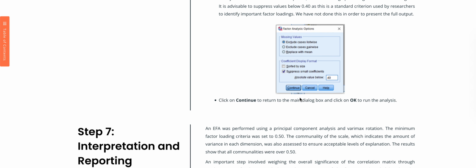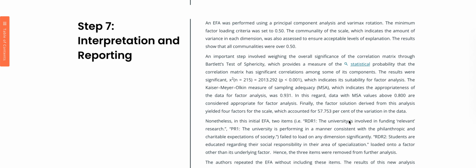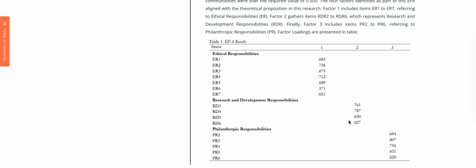And after that, finally click on the options button, and there you select the absolute value below, and usually select below 0.50. You may select below 0.40 also. And after that, click OK. And then